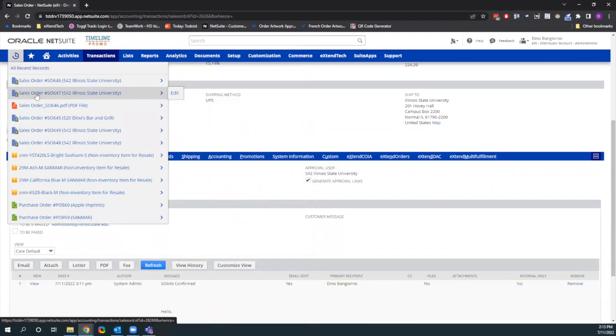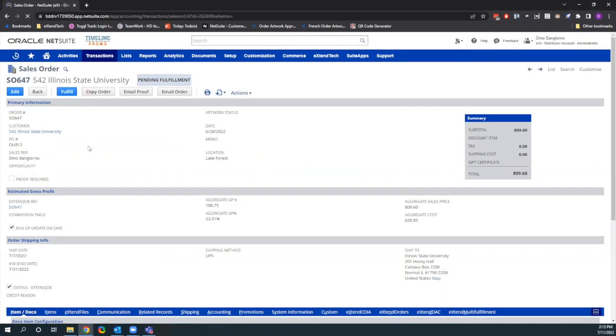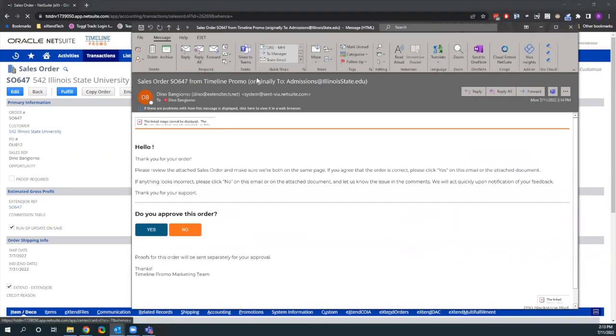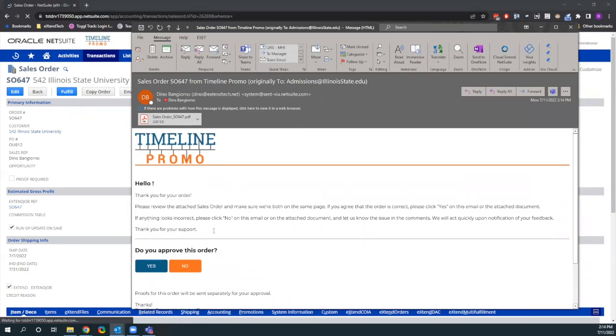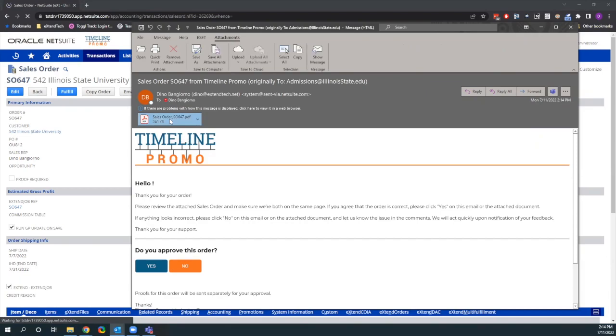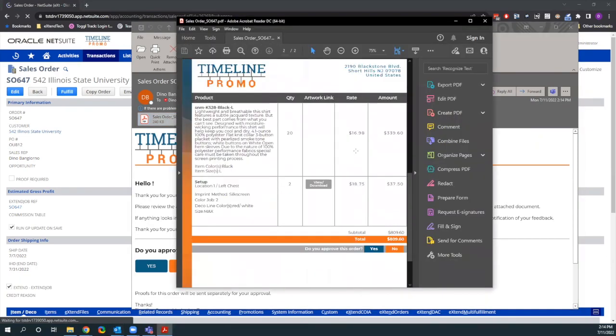Let's take one in the rejection scenario. We've gone through an approval. Now let's bring up a sales order and see what it looks like from a rejection standpoint. Once again, we're going to send out an order acknowledgement to the customer with the email template embedded with the buttons and also the advanced PDF template with the buttons embedded. Once again, triggering that email, the customer receives it. Let's send the response back, this time from within the context of the PDF form. I'm going to scroll down to the bottom here and say, no, I do not approve